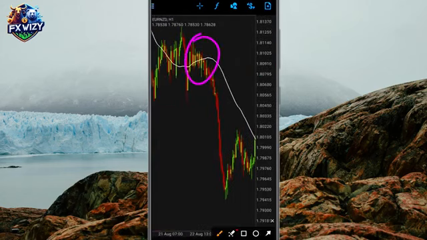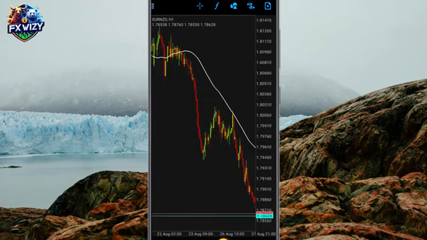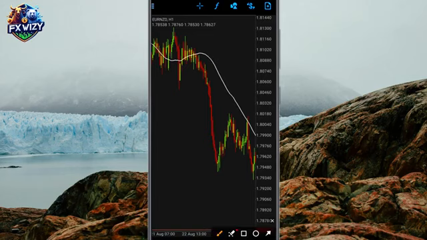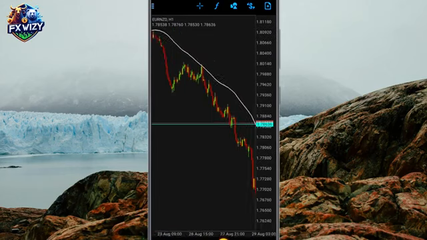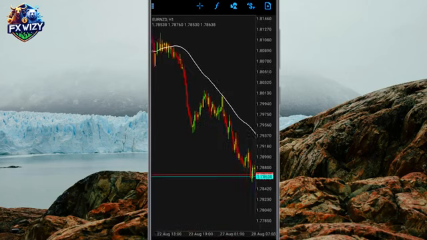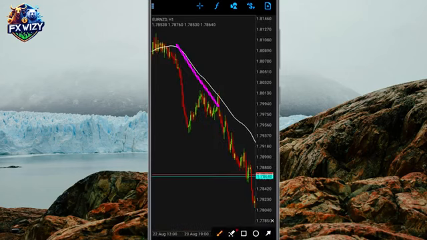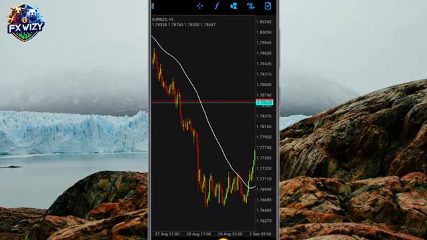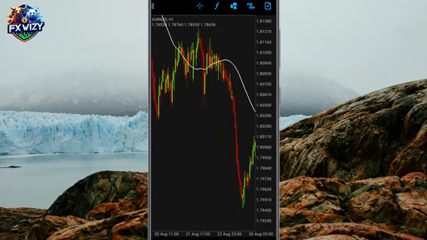This is very powerful, guys. This is to determine the overall trend direction. As you can see, if the trend is very strong going down, you can see that the moving average is also going down like that. I'm going to explain this to you guys a lot. Now let's add our last indicator, which is going to be